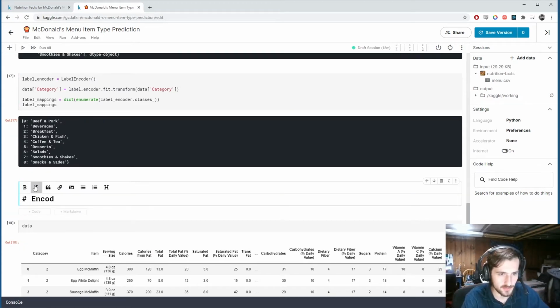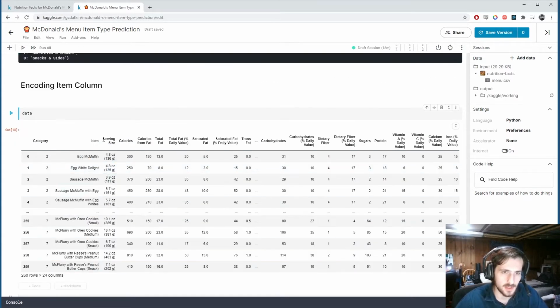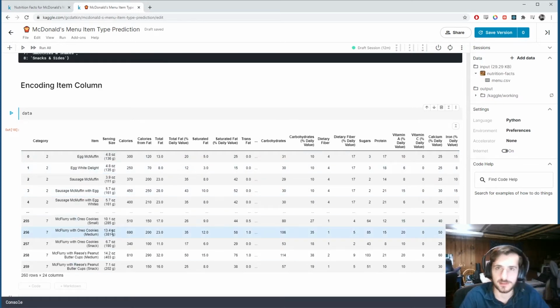Alright, so now let's worry about the name column. Well, I should say the item column, this one. So this is where we're going to tokenize each word. And the way it's formatted now, I don't think we need any special pre-processing